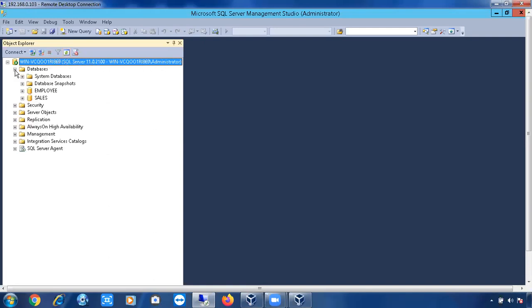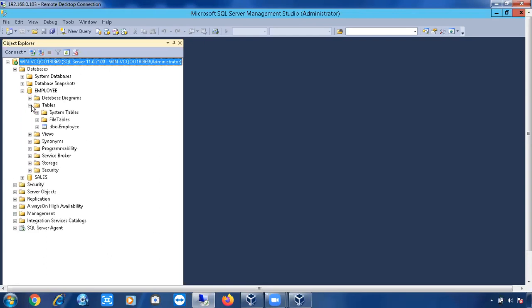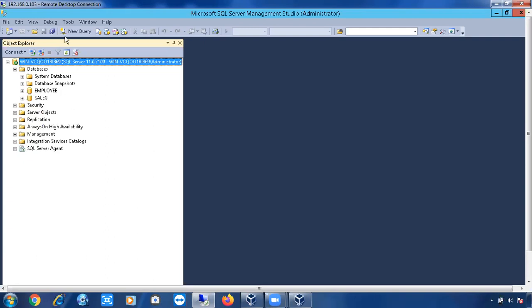So how to see the records in a table? There is one table called employee. Now I want to see the records in that employee table. Select star from employee. So we can use the query select star from employee. Yesterday we created an employee table and inserted some records in it. So let me retrieve the data from the employee table.